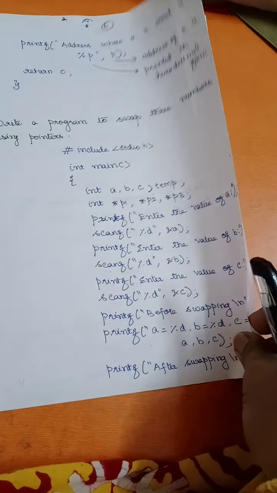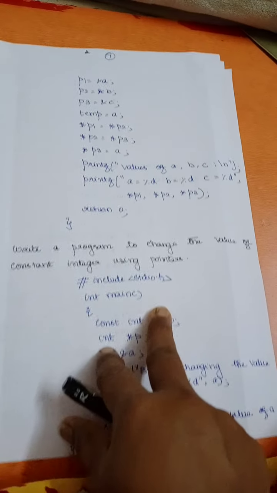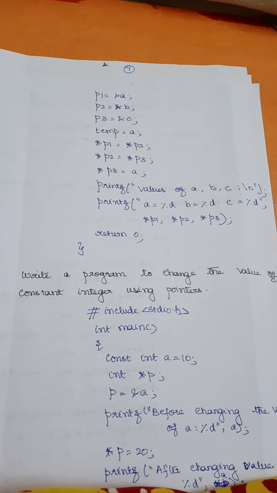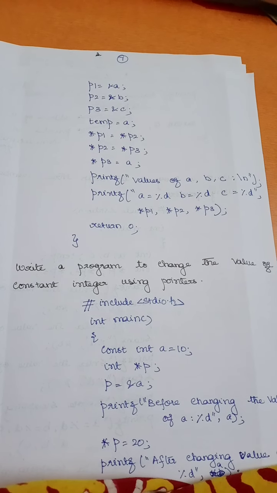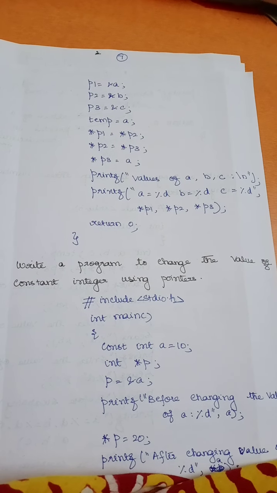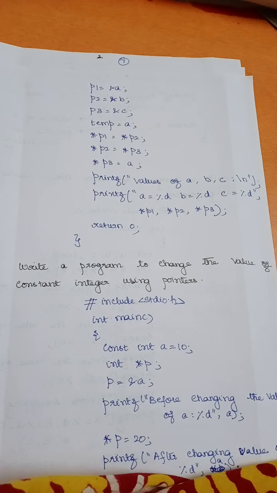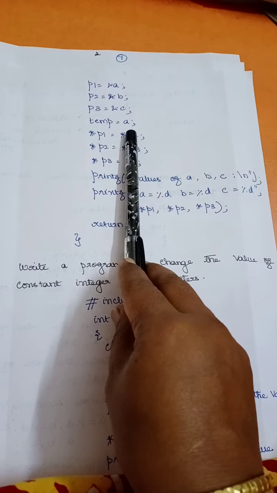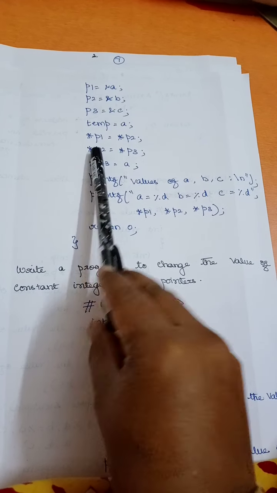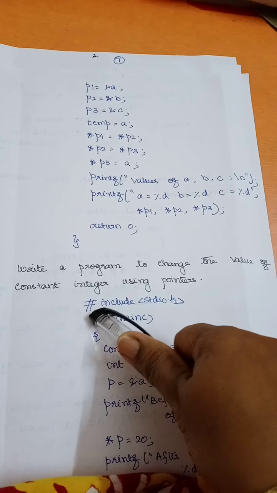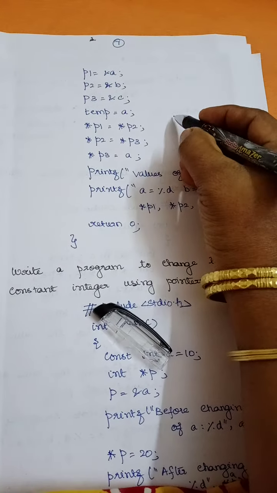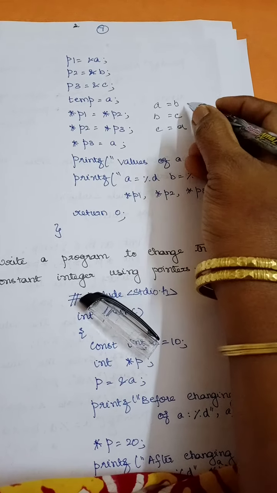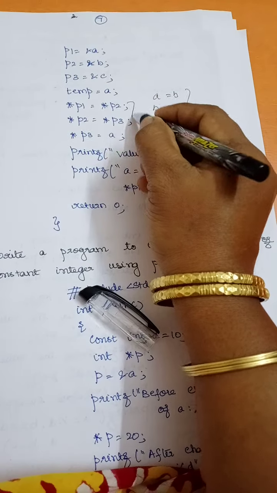Printf after swapping. So now I am going to do the swapping process. Here I told you we need to initialize our pointer variables. Right? So P1 equal to &A, P2 equal to &B, P3 equal to &C. I have initialized my 3 pointer variables. And here I have used one temporary variable to do the swapping process. Now I have not used A equal to B. Instead of writing A equal to B, B equal to C, C equal to A, right? Instead of assigning like this, I have used the indirection way.